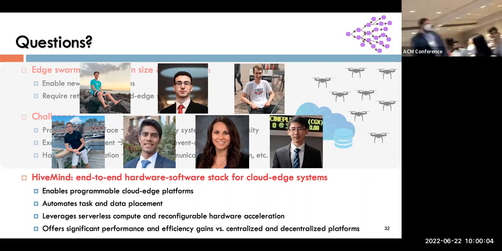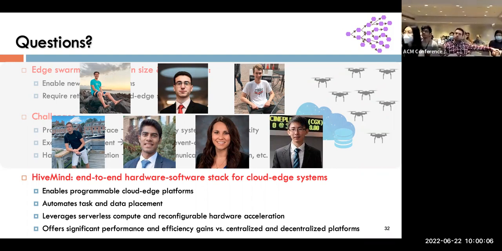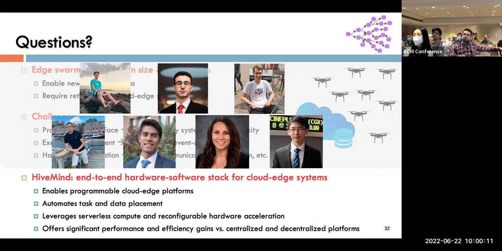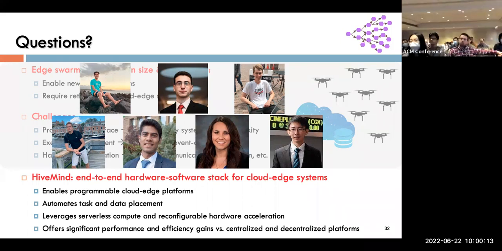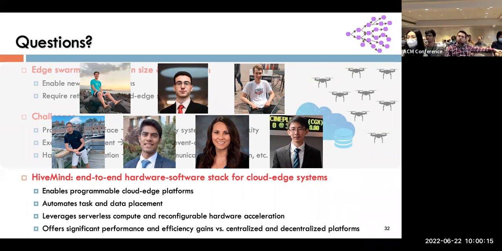Okay. Do you think there would be any benefit in running part of the application on the edge and part of the application on the cloud? That is a good question. Or do you think that would inherit the worst of both worlds?